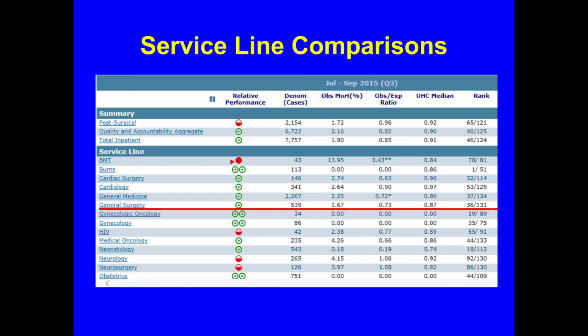So in this particular example that we have here, this is really a very high-level measure of observed mortality versus expected mortality, and it's pretty high level, but as it relates to medication use or anything else, in the end, the question is, what are the important outcomes? I've underlined here this particular category, general surgery, and if you run across this list, what you'll see is that for this particular observed mortality in this particular organization,